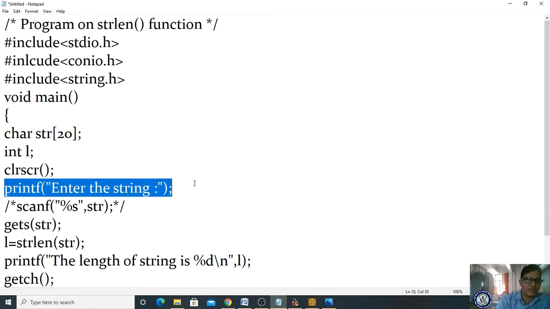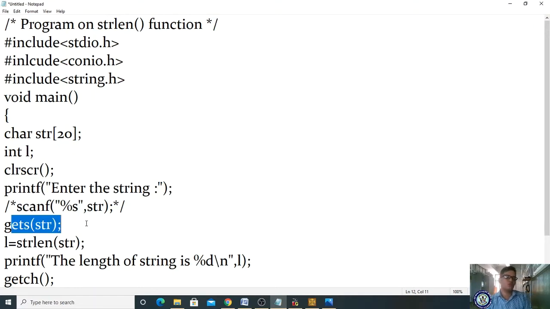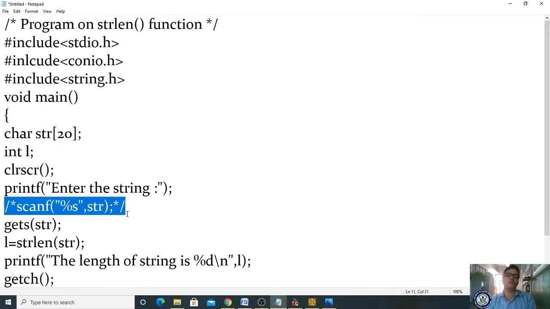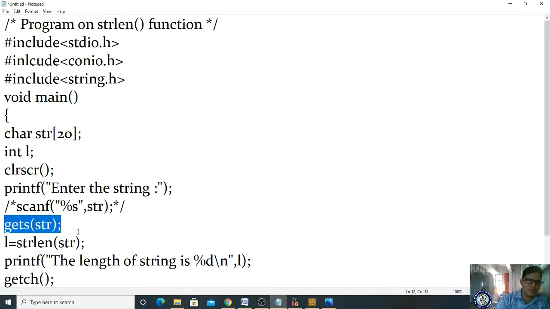We have to enter the string. So here the gets function we have used. Why have we placed this scanf function in a comment? Because whenever you are entering the values, if you provide a space, then it will terminate, right? Whatever the space provided, the characters after it will be terminated. If you want to accept the spaces also, then you are supposed to use the gets function. So gets function str, I do not know, I can type anything. Whatever I am typing, it has to be stored in str of up to 20 characters.